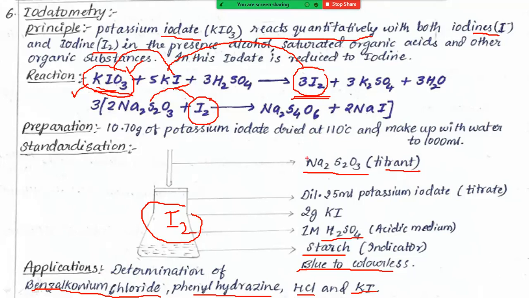So this is about redox titrations. We have learned what is oxidation, what is reduction, what is an oxidizing agent, and what is a reducing agent. And we have learned about a few important redox titrations such as dichrometry, iodometry, iodatometry, iodimetry, bromatometry, and cerimetry. We have these six methods in our syllabus. Among them, iodimetry, iodometry, and ceric ammonium sulfate, these three are very important. So these three methods are very much important.